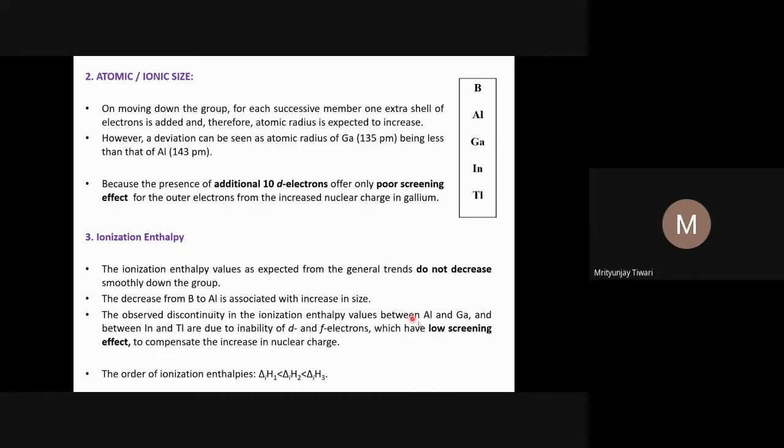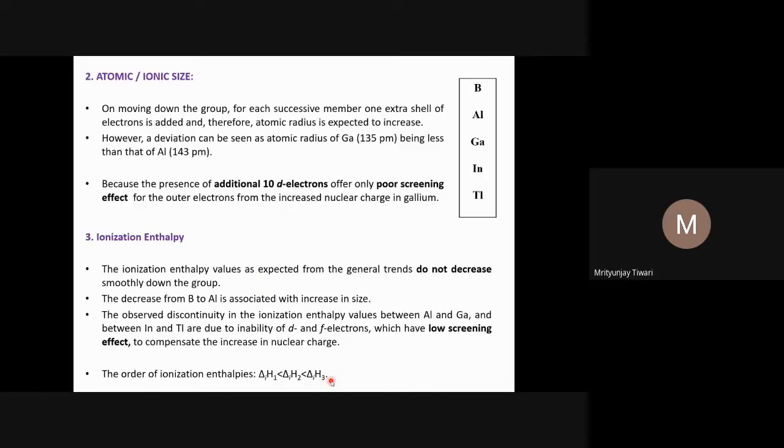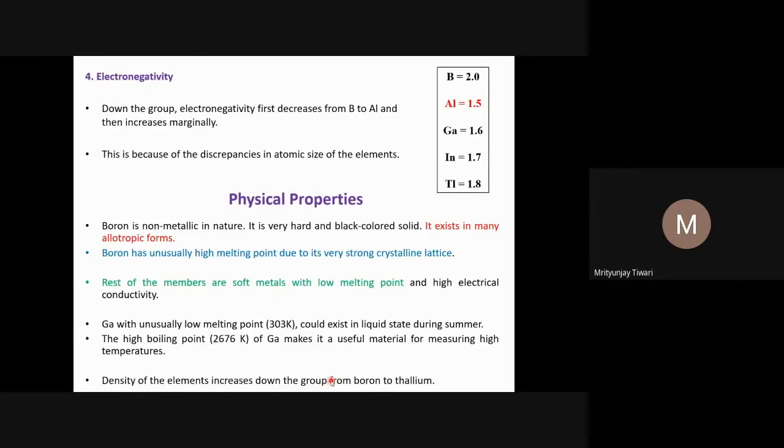So ionization enthalpy, most of the things you might remember. The only thing is the first ionization enthalpy is always smaller than the second ionization enthalpy, which is smaller than the third ionization enthalpy, and this is general for any element. Coming to the electronegativity, and what we saw there as well, we do not see any concrete trend in the ionization enthalpy as we go down the group. So, and electronegativity, what we see,